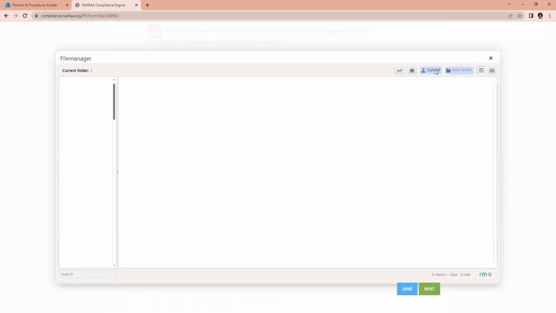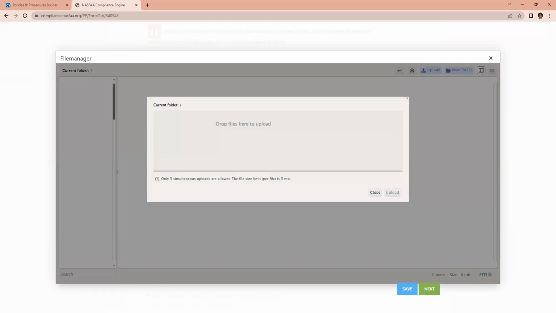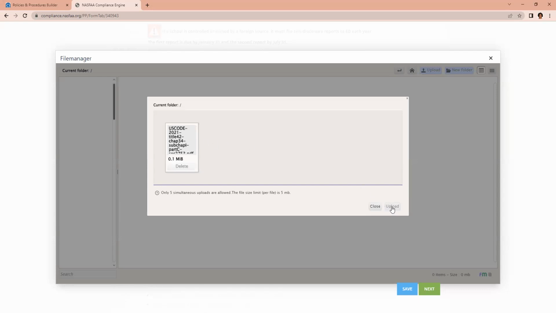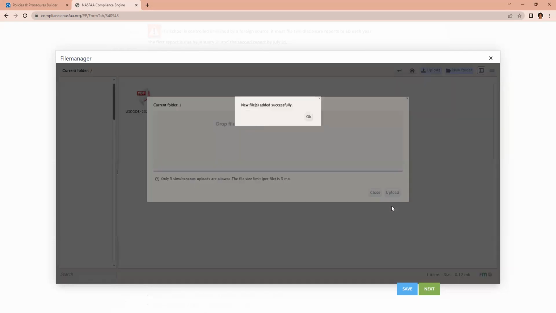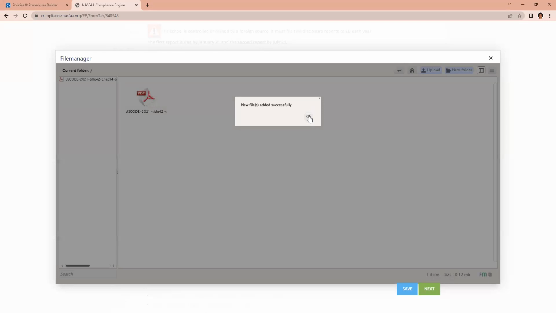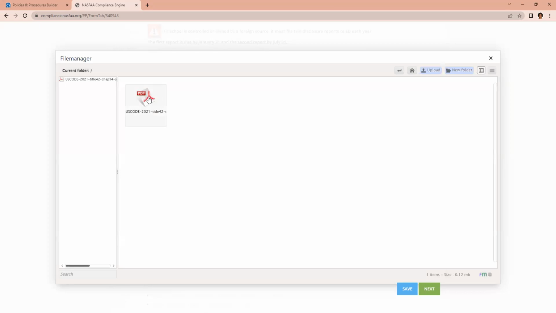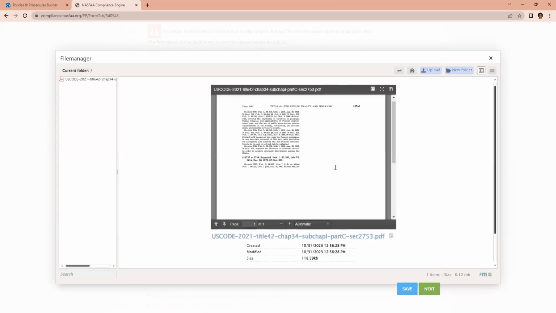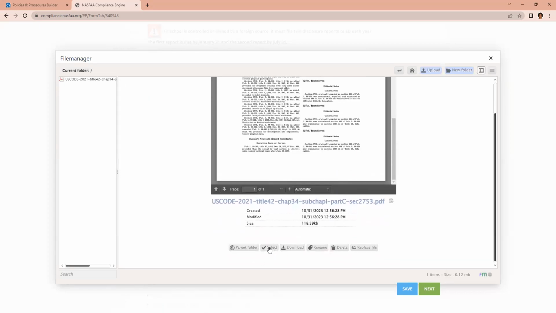From here, click Upload. You can select a file from one of your folders. Make sure that the document is a PDF document. Click Upload, and you'll see whether the file was successfully added. Click OK, and now go to the document, scroll down, click Select,